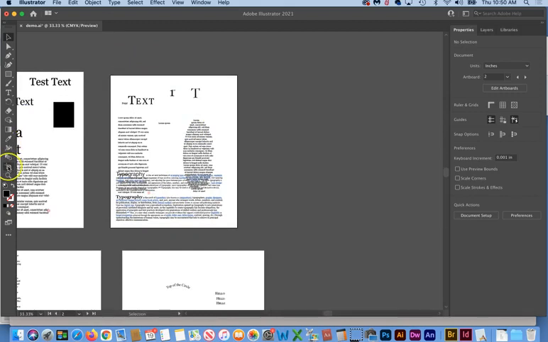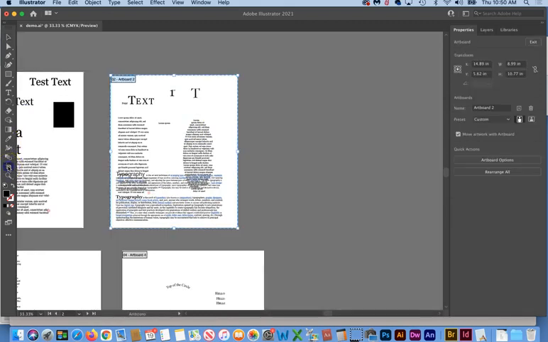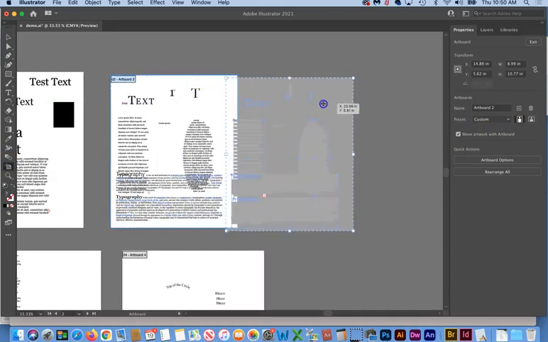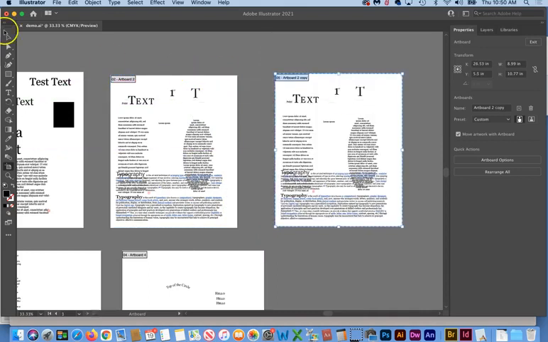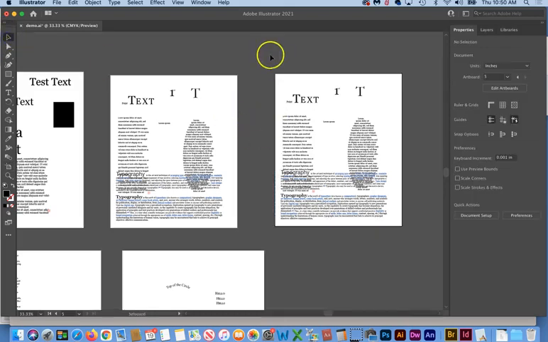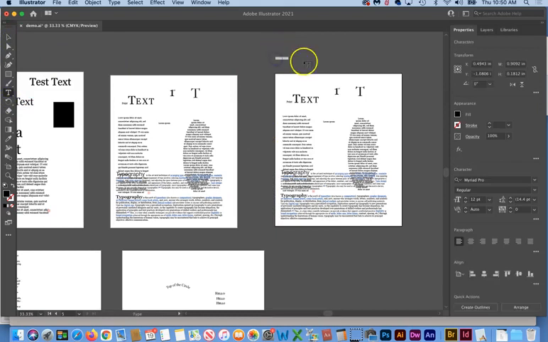What I would do is grab the artboard tool, and I would make sure that this option over here, move artwork with artboard, is checked. And then I would just click and drag, hold down the option key, release the mouse, release the option key. Now I have a copy of this, and I would write outlined over the top of this so that I knew in the future that this